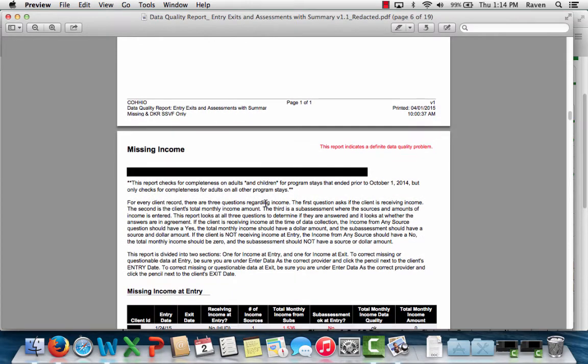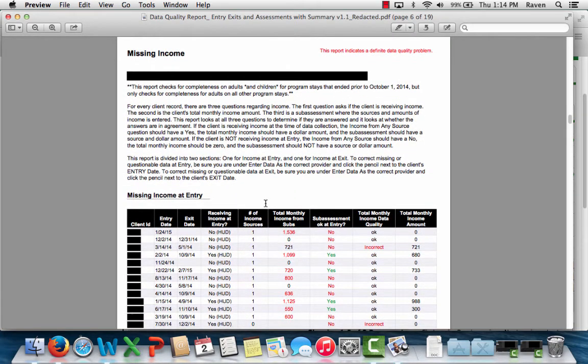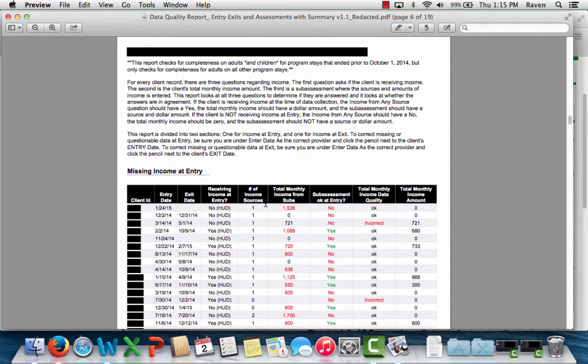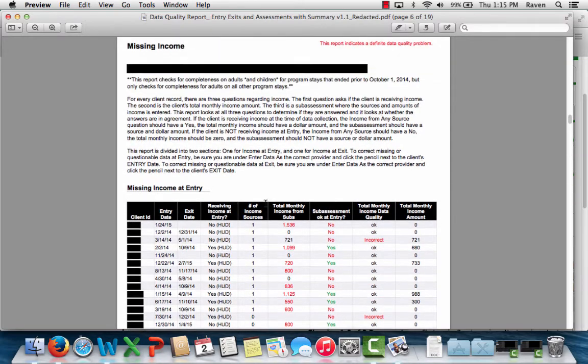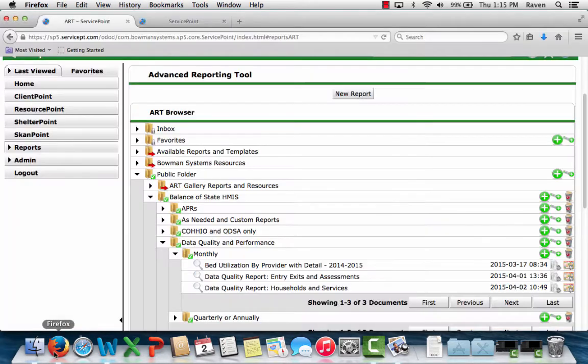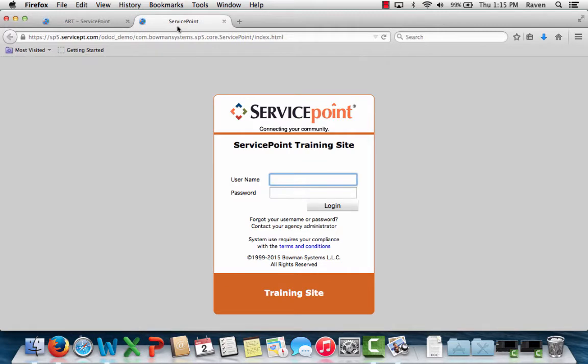And then, okay, so missing income. This is a tab that has changed a lot from the version that you are used to. I've added a lot of new information, new columns here, and it's basically meant to help you figure out what's going on. So I'm just going to go over real quick to the training site because I want to show